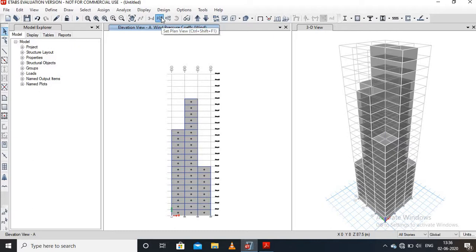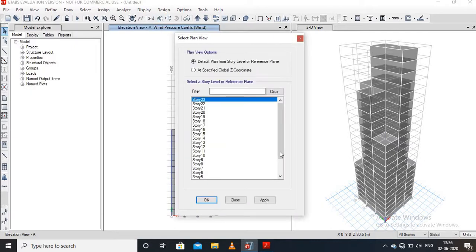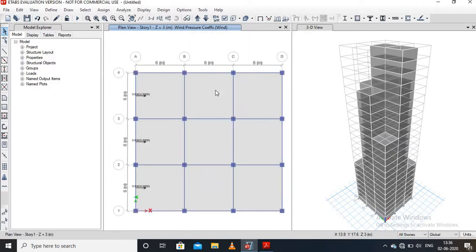Therefore, go to the plan view. Go to story number 1. Therefore, we can see that a wind load is also applied in this direction.